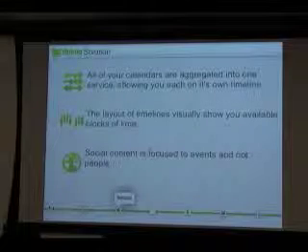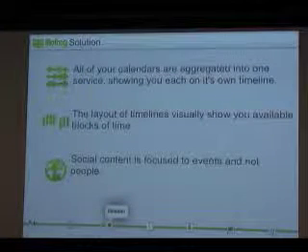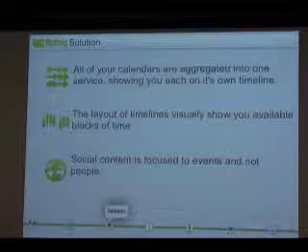So if you could think of all of your different services on separate timelines, we can lay them side by side, and then we can see where all of your events are. So that was the first thing we did. By doing this, now that we have this visual layout, you can see where you have these openings in time